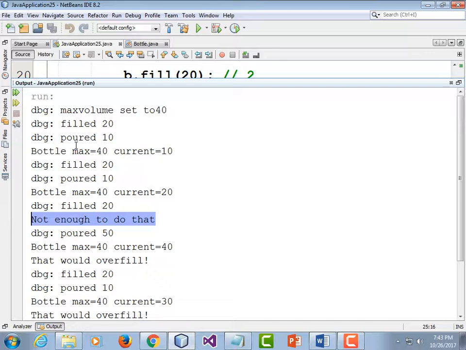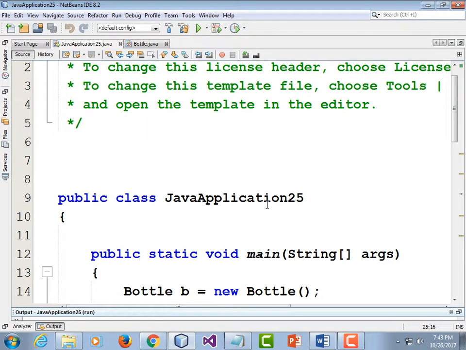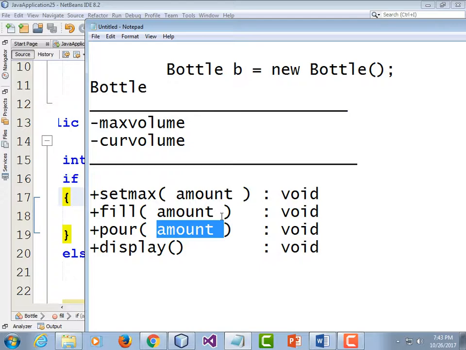Our messages about what we are showing don't look very clear to me. We might just want to call display every single time after we do something. We could make this a lot clearer. All right, what I wish I could figure out a cool way of doing would be to modify this application in a couple of ways. And that would be to make